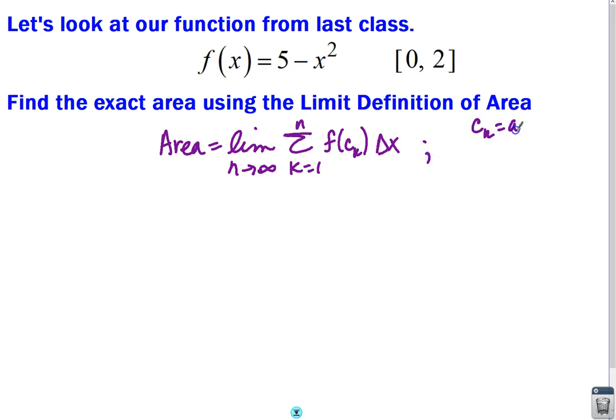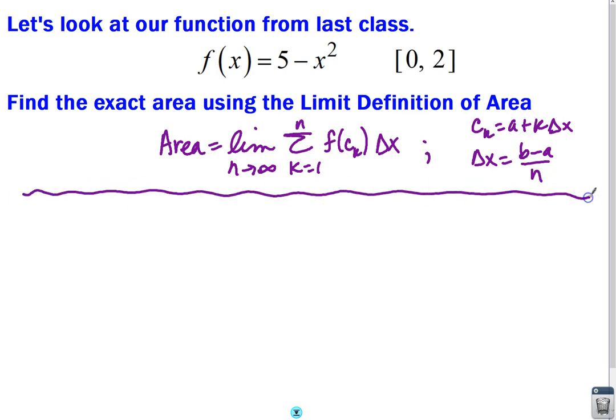C sub k is a plus k delta x, and delta x is equal to b minus a over n. Okay, you're going to need to know all of these things to do what is coming up. All right, so my function was 5 minus x squared. This is a to b. There's my interval. So before I plug stuff into this monstrosity, I'm going to go ahead and take care of